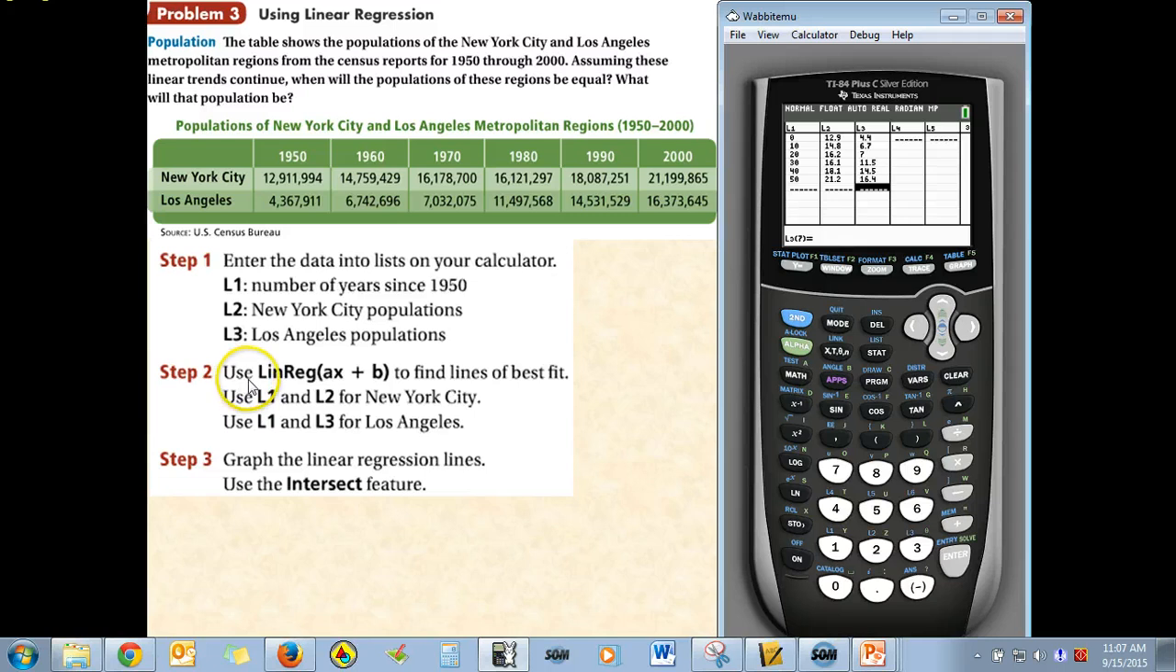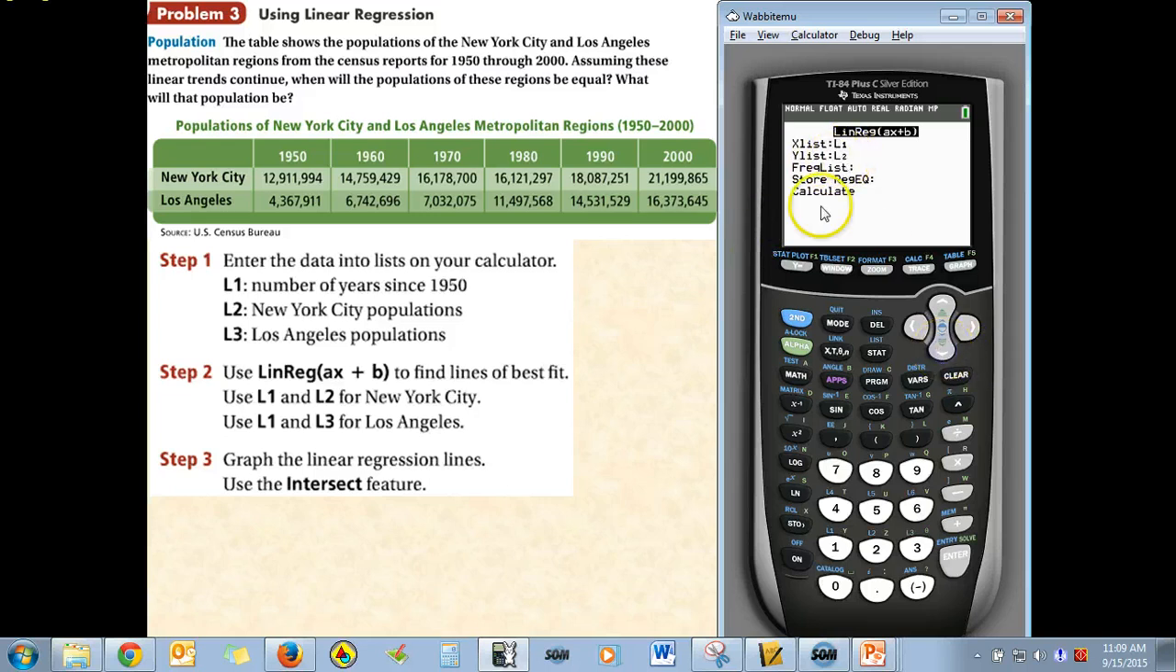Alright, so step 2 is we're going to use the linear regression function of our calculator to find the lines of best fit. Okay, so now, watch carefully. I am going to click on the Stats button again, and I'm going to go over to Calc for calculations, and then 4 is linear regression in the form ax plus b. So I'm going to push 4, and then I got the x list will be my L1, the y list will be my L2, and then